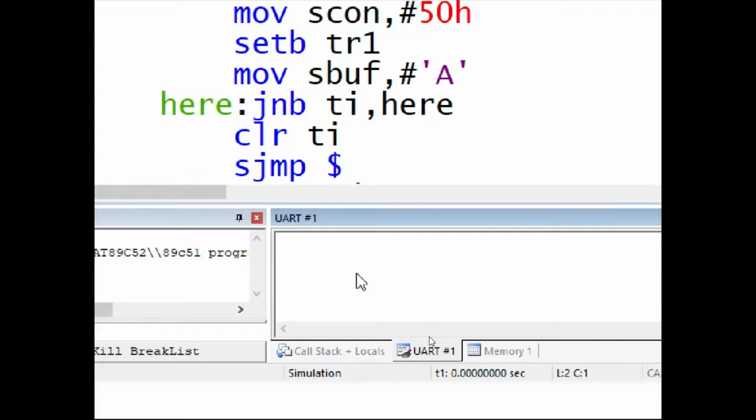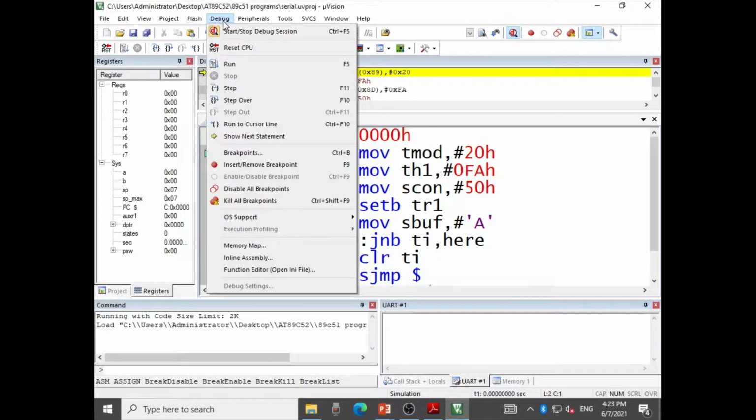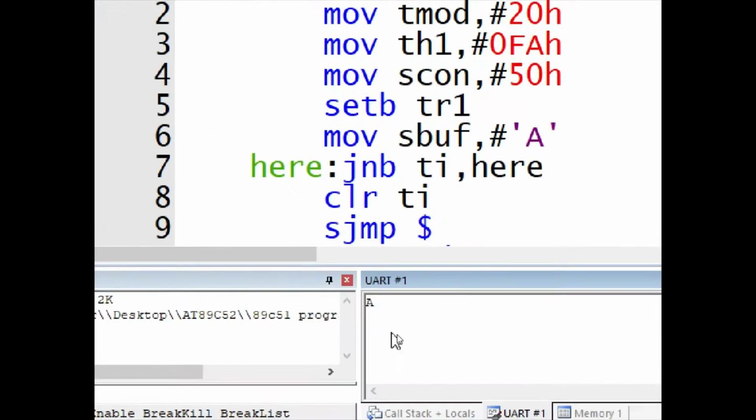The data which is transmitted will appear in this UART window. So now let us run the program. To run the program, click the debug menu followed by run, and let us observe the output. Here I have found that the capital A which I transmitted has appeared in the UART window.